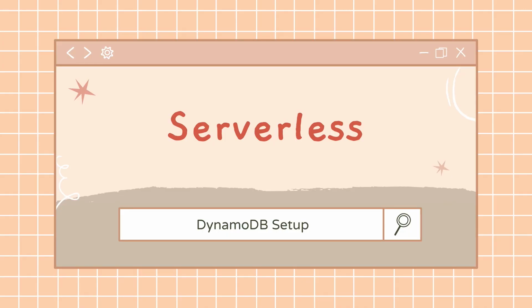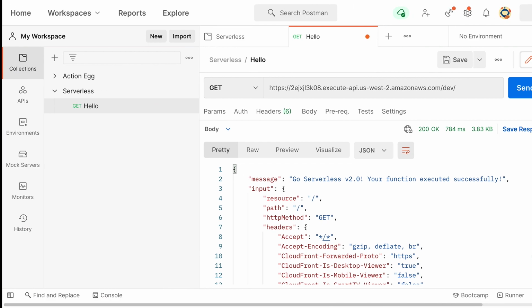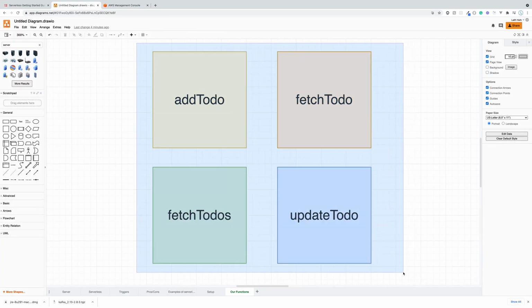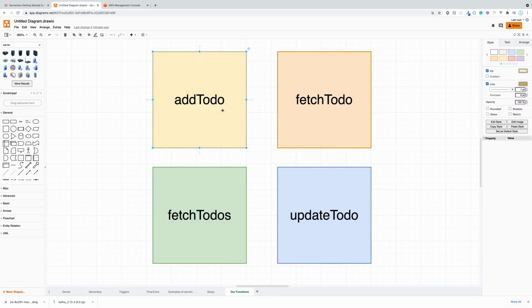So let's start talking about the functions that we are going to be creating. These are the three functions that we are going to be creating. We're going to be creating the add to-do function that is responsible for adding a to-do inside of our database. And then we have a fetch to-do. This only fetches one specific to-do based on the to-do's ID. This one over here fetches all of the to-dos, and this one over here updates the to-dos. And specifically what this does is it just updates the to-do from completed to incomplete or vice versa